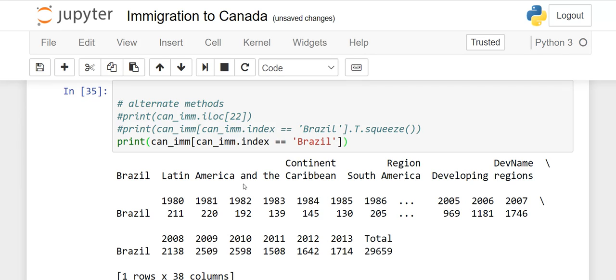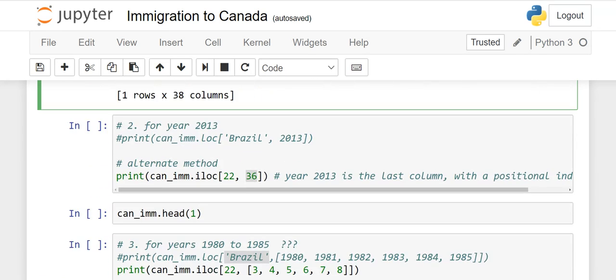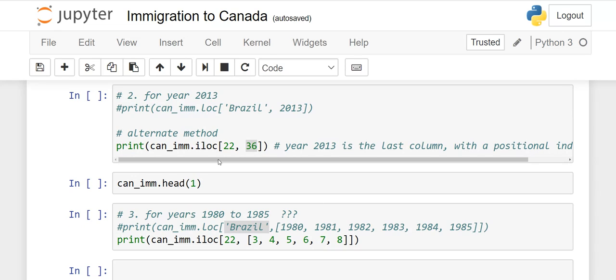Everything is the same, equal equal, so in the form of horizontal data: 1980, 211 people were migrated, 1981, 220, and so on. This equal equal means we are looking for a particular country. If you want to apply some condition, you have to use the equal sign two times, right? So these are the different methods, but the first method, without the i, only loc and the name of the country, is much easier. But again, it's up to you or the analysis of your data.